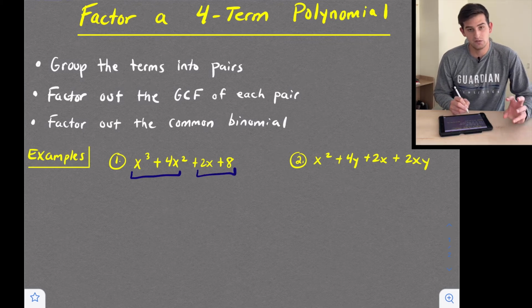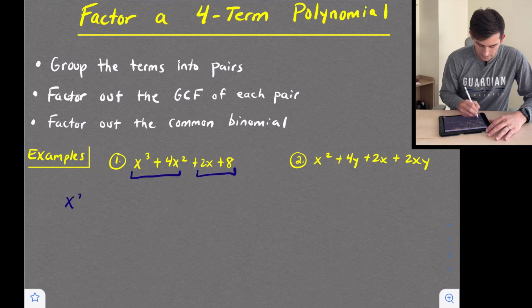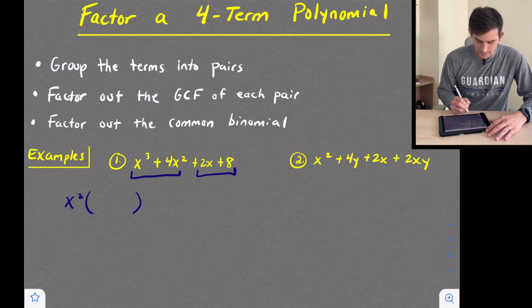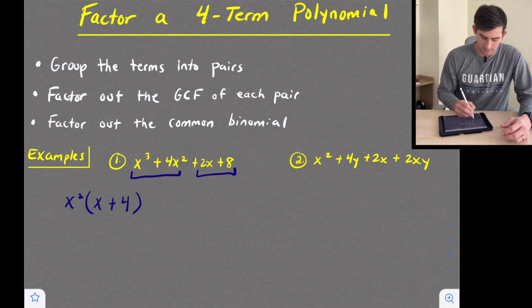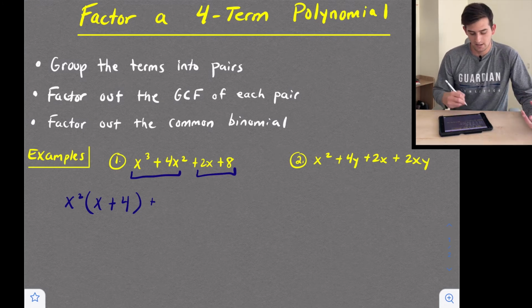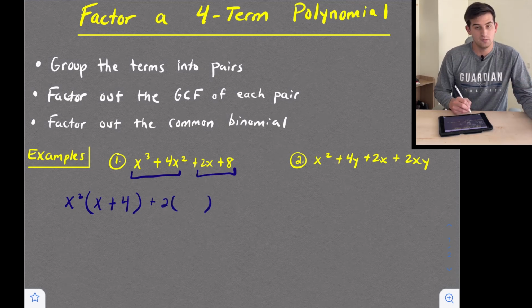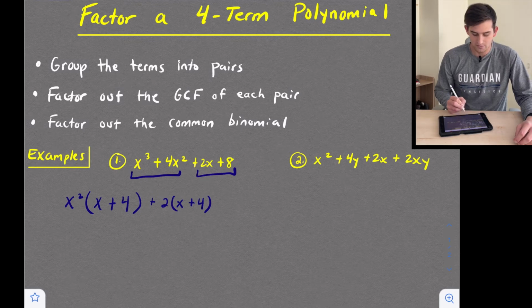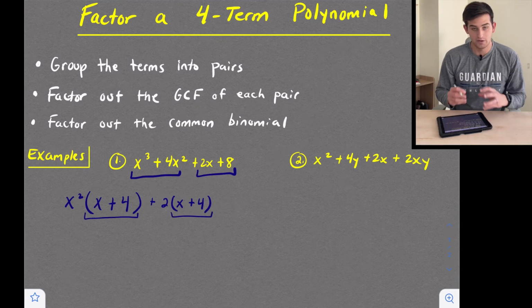So now I'm going to look at x cubed and 4x squared. What can we factor out? Well, we can factor out an x squared. So if I factor out an x squared, I'll put parentheses here, and what do we multiply x squared by to get x cubed? Well, that's just x. And what do we multiply x squared by to get 4x squared? That would be a 4. Now here we can put a plus sign. And now what can we factor out of 2x and 8? Well, we can factor out a 2. So now what do we multiply 2 by to get 2x? Just x. And what do we multiply 2 by to get 8? 2 times 4. Okay, so now we have our common binomial here, x plus 4, that we can now factor